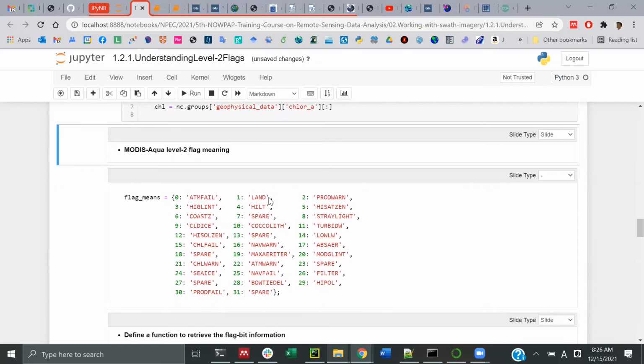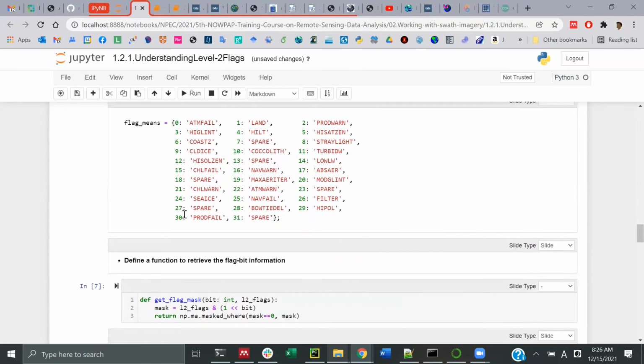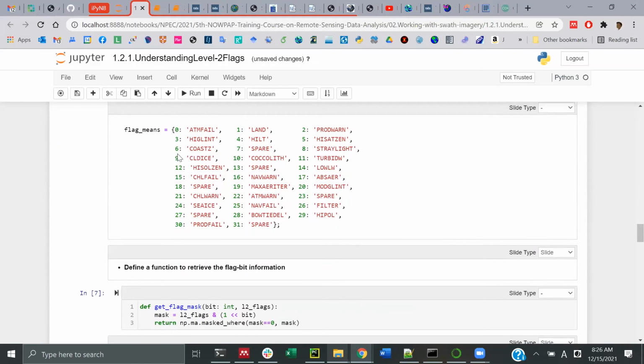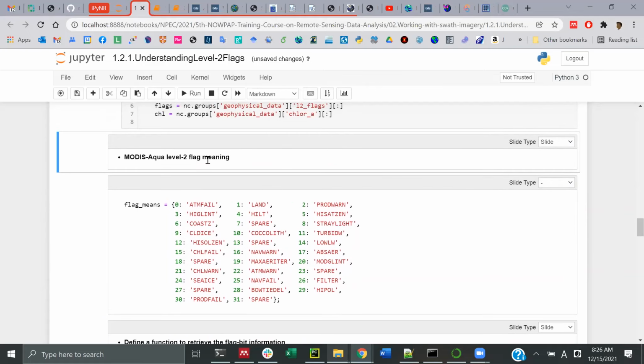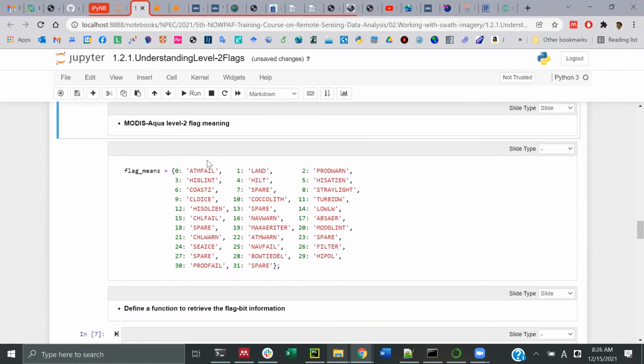So here we show the level 2 flags. These level 2 flags are organized by a bit number from 0 to 31, meaning 32 flags. So here 0 is atmospheric failure, and 1 is land, and so on. 9 is cloud. So in level 2 flags from, for example, MODIS Aqua level 2 data, some of